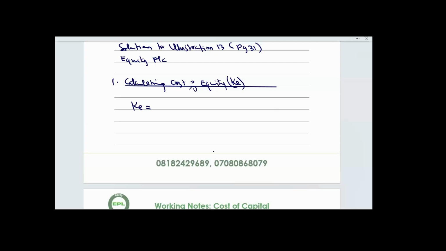All right. So then if that is the case, before I put down my formula, because I already know from the question that I'm going to use dividend valuation model to calculate cost of equity, since I'm given information on dividend and also on share price, I need to go back to the question whether dividend will remain constant to perpetuity or dividend will grow. If dividend will grow, I will use a specific formula. If there is no growth in dividend payment, I will just use the ordinary regular formula. Whatever the case may be, let's go to the question and identify that.